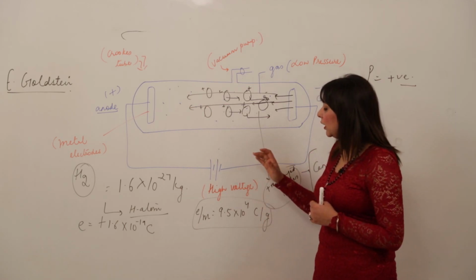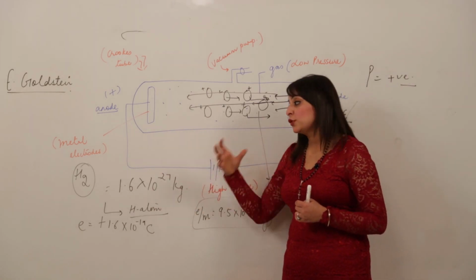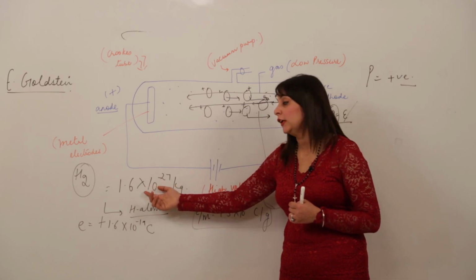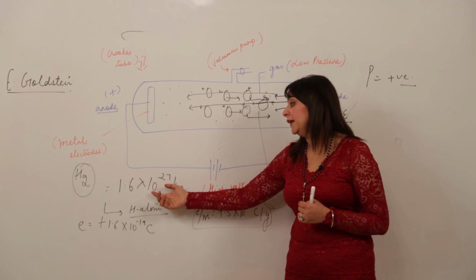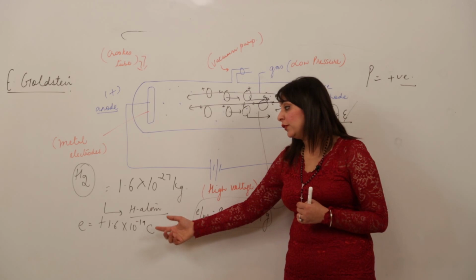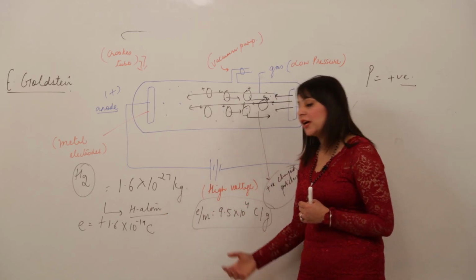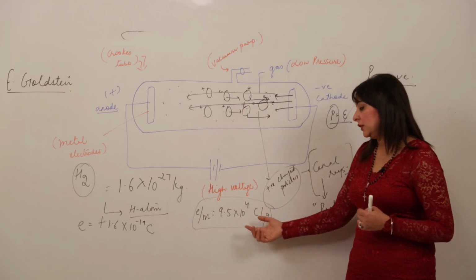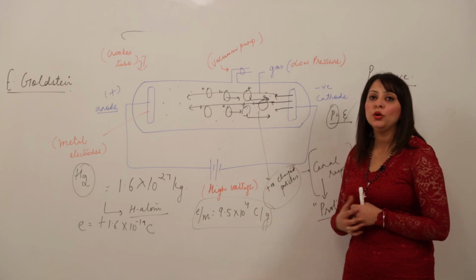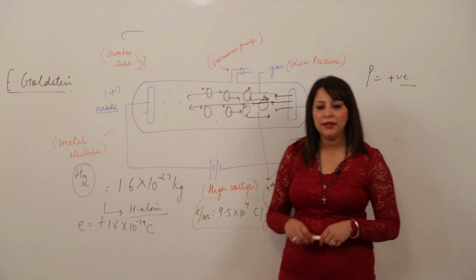It was said that in the case of hydrogen it was found to be minimum. So the mass of the hydrogen was found to be the mass of the proton, that is 1.6 into 10 raised to power minus 27 kg, and the charge is of the same magnitude as the electron has. The difference is only that the nature is positive. And the charge to mass ratio, by dividing, we get 9.5 into 10 raised to power 4 coulomb per gram. So this is how the proton was discovered. Now we consider the third discovery, that is